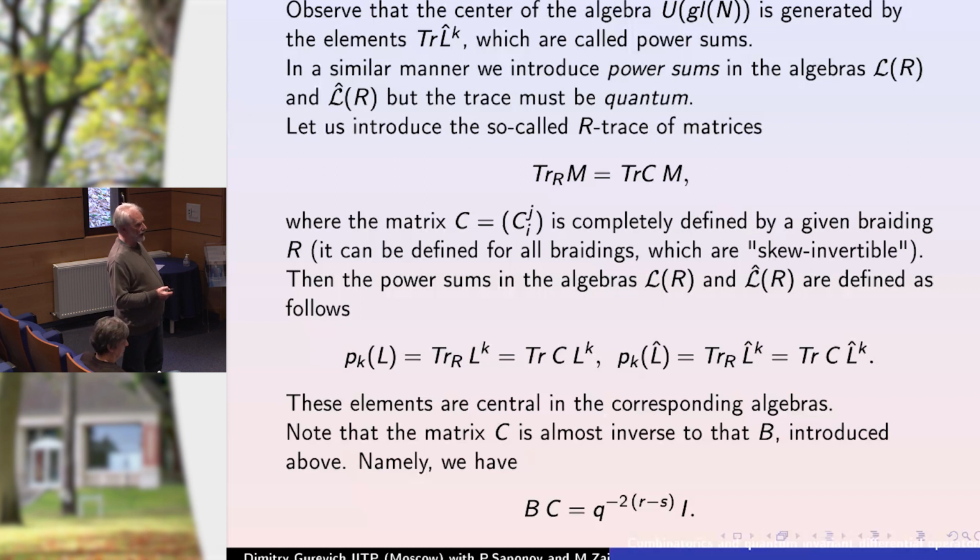If we consider the matrix L in power k, after that we apply the R trace to this matrix, we have an element which belongs to the center of the corresponding modified reflection equation algebra and the non-modified reflection equation algebra. And I would like to note that this matrix C and the matrix B presented above are related by this relation, where R and C, S are just